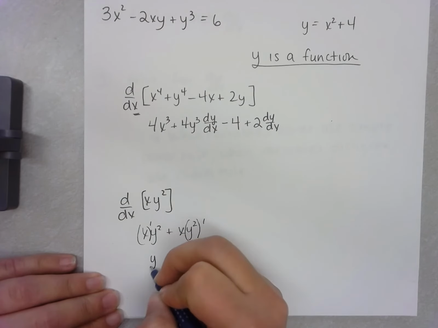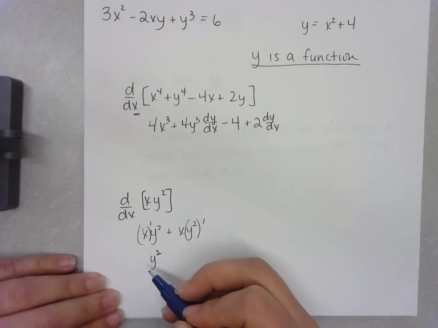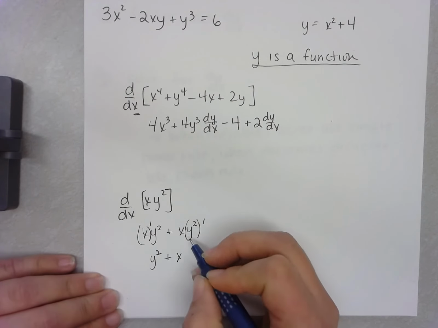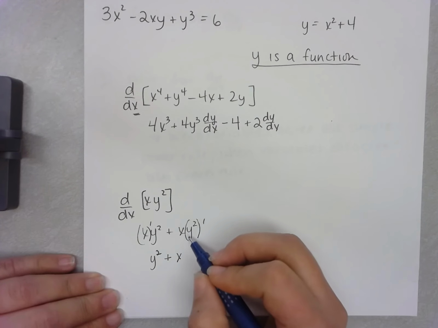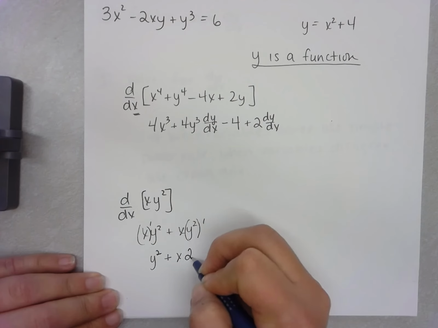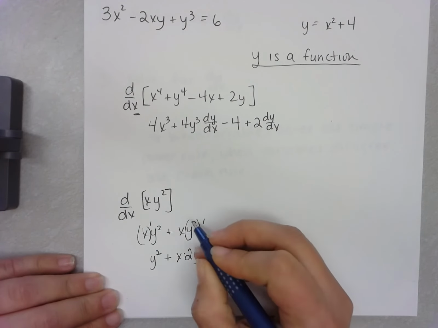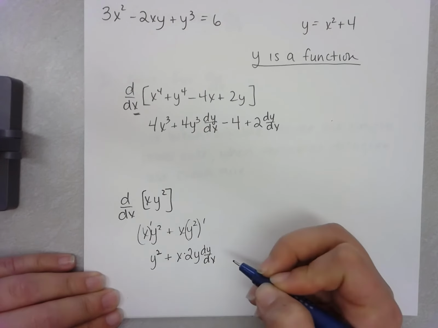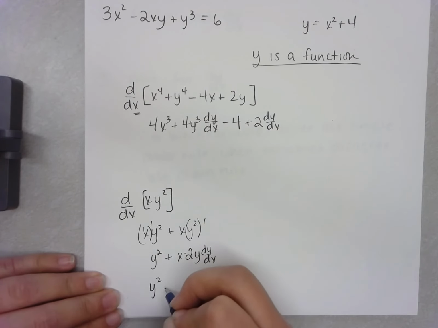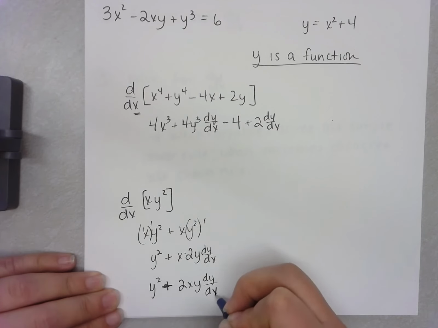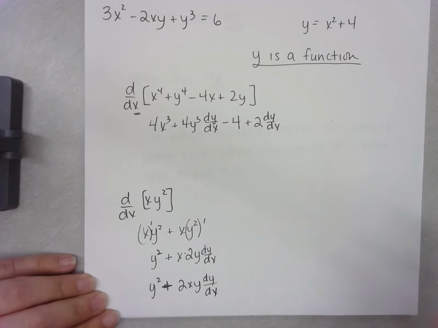So this first term is y squared, because I'm not going to write the 1. It's implied here. Then on this side I have x times the derivative of y squared. The derivative of y squared, the outer function is the y squared, so the derivative would be 2y, and then it's y, so I multiply by the derivative of the inside, which is dy/dx. So then I could clean this up a little bit and just call it y squared equals 2xy, oops, not equal, it's plus dy/dx. Okay, so